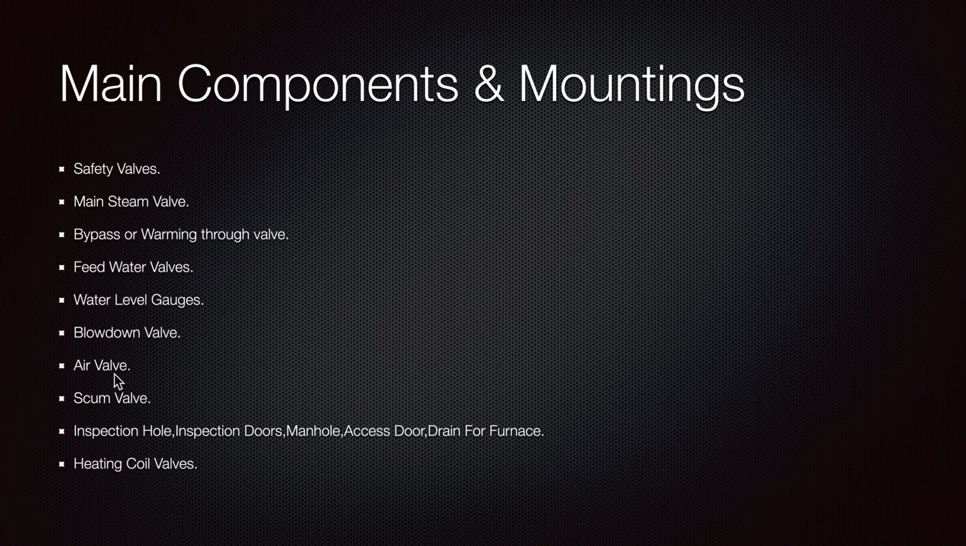We have water level gauges, a blowdown valve to blow down the water, and an air valve on the top to remove the air when we start the boiler for the first time or after cleaning. The scum valve picks up all the scum from the surface of the boiler, which is all the dirt that accumulated there. Then the inspection hole, the inspection doors, the manholes, the access doors, and the drain for the furnace, because there's also a drain on the furnace,